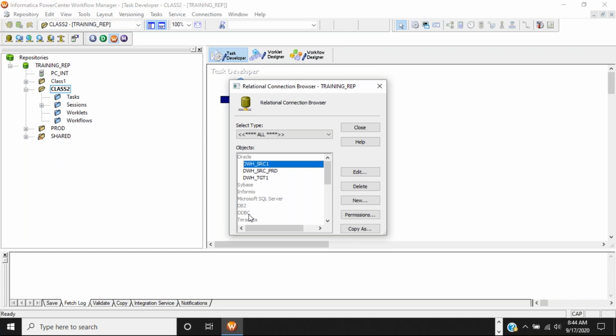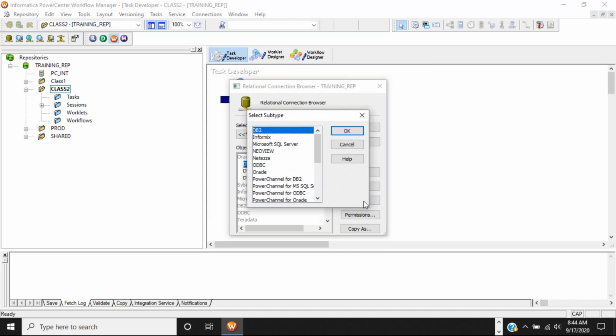ODBC is not used to extract data; it is only used to import the table structures. So to extract the data from the Oracle database, you need to click on New and select which database. This database relational connection is used to extract the data.